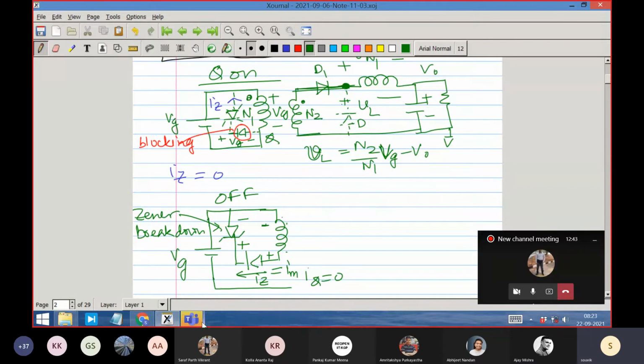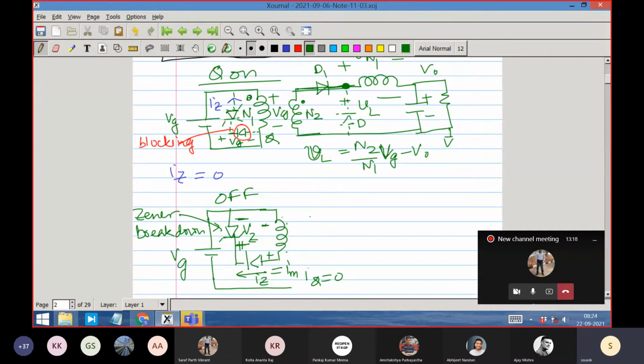Let us say qualitatively the Zener voltage at this moment I define it by a voltage Vz with this polarity convention, plus terminal at the cathode and minus terminal at the anode, right? Because of which the transformer is now seeing minus plus volt. This is what we wanted, because we wanted the transformer to get negative voltage. In a magnetic circuit, if the coil always gets positive voltage, then the volt-second balance cannot happen. Volt-second balance means voltage has to be positive and negative. It has to change its polarity, right? So this is minus plus.